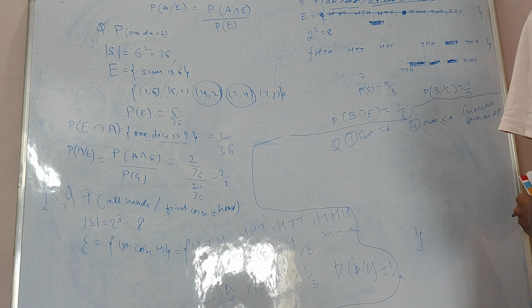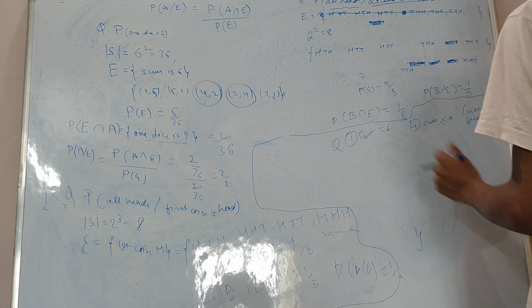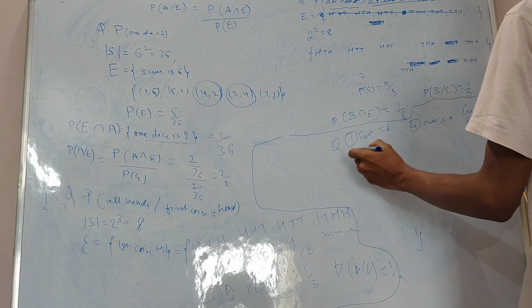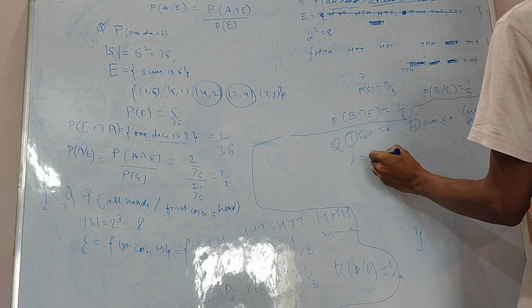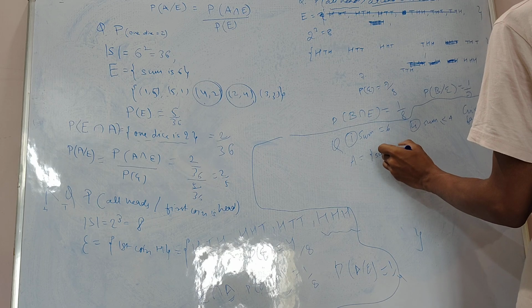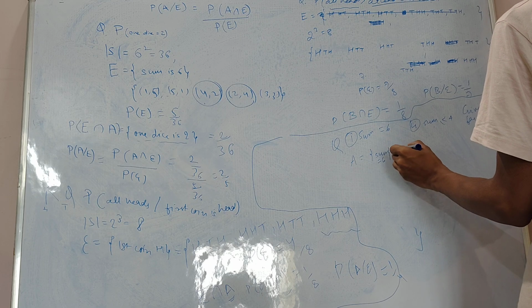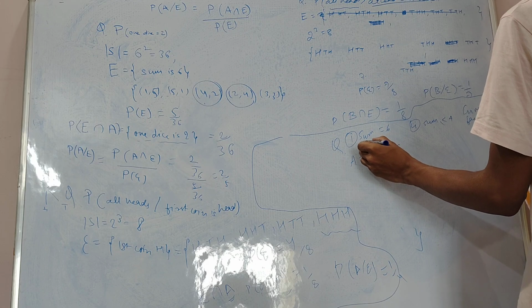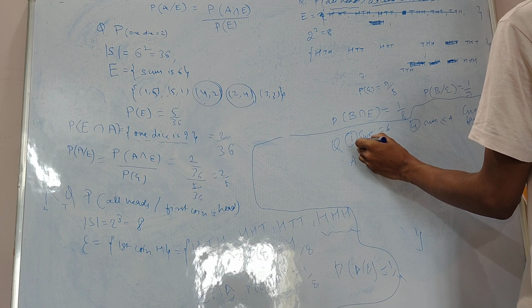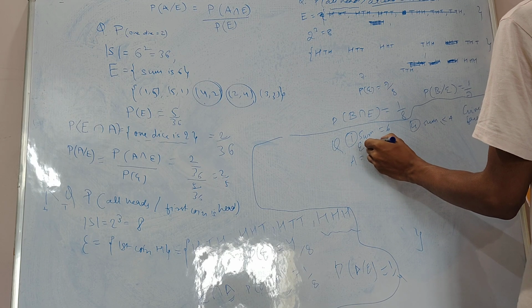So the event, my event A will be sum should be 6, having intersection with event E, because sample space, right, E, both different